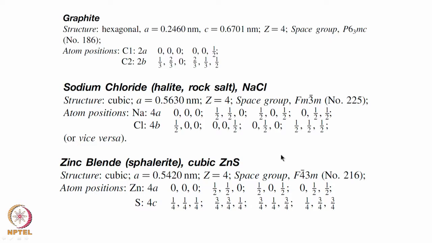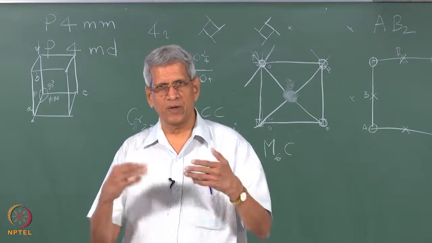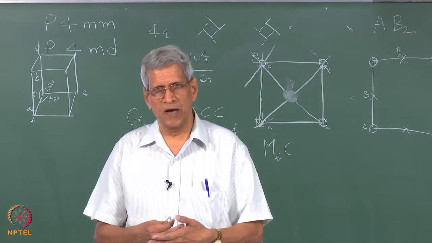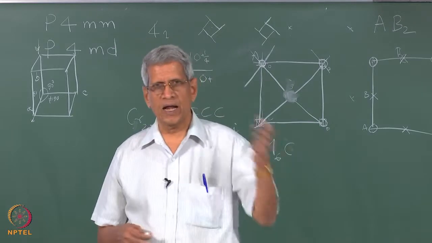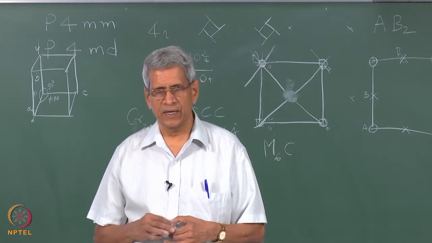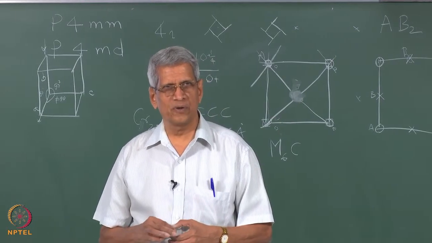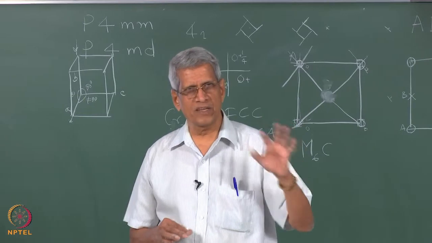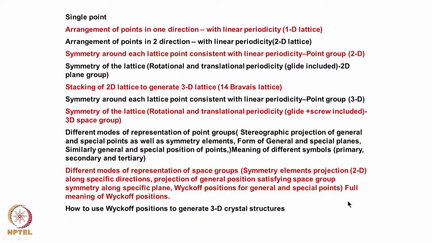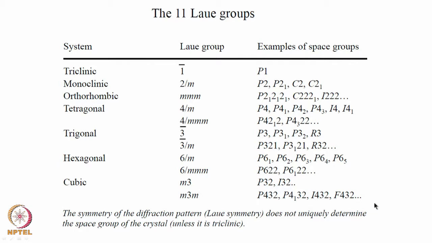Like this the information is available from the crystal structure data handbook and similar sources. This itself could be used to generate data. But suppose we have to find out how to generate a particular type of stoichiometry, whether it is possible. With this symmetry, what other possibilities exist? Then using this table we can find out what type of stoichiometry and what type of crystal structures can be generated. This is what essentially we have considered here.